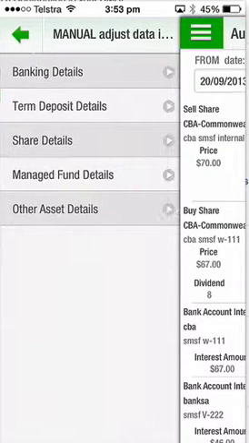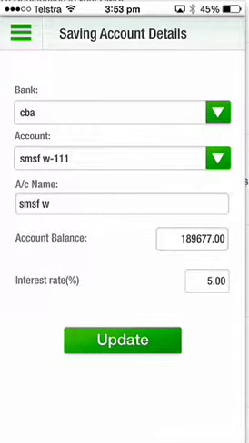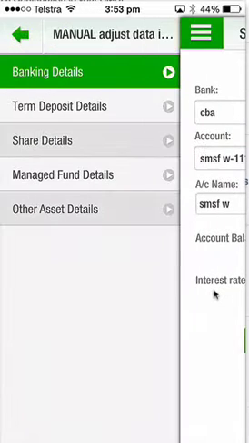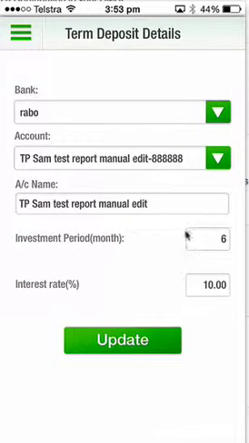The manual adjust is, if it won't happen automatically, you'll have to come here, and like banking details, you can go in and select an account. You can modify the name and a few things if you wanted to as well, but the main thing is this account balance. If you've messed up somehow, you might have to come in and adjust the bank balance, and likewise you might have to adjust the interest rate. So that's on savings accounts. Term deposits, again, you might want to change the number of months. You might have made a mistake when you entered the term deposit number of months,